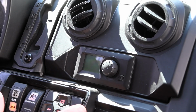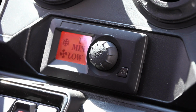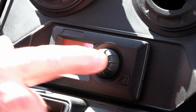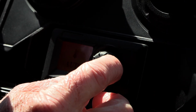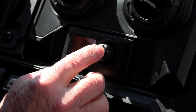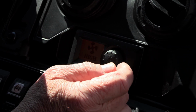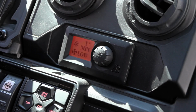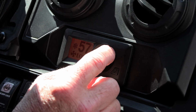To turn your air on, you hit this button right here, it's going to bring it on. So right now we are in, you got a snowflake up here, that's your AC. So when you hit this button one time, you can go between cool, auto, heat, cool. All right, so we're staying on cool, and then here's our fan. So you push it and you can go low, medium, high, and then you push it again and it takes you back to your main setting. Now what you can do is control your temperature here. You can go turn it up